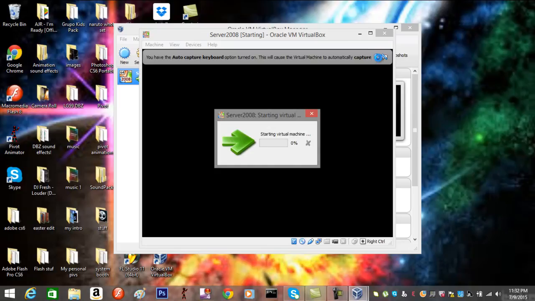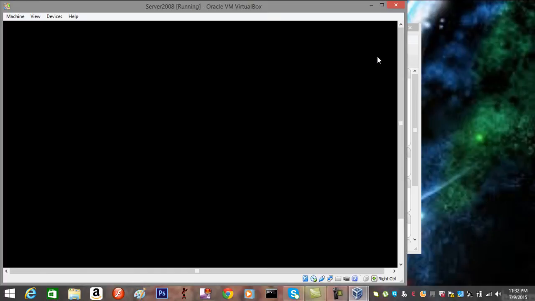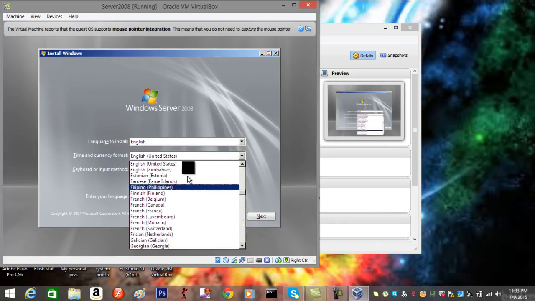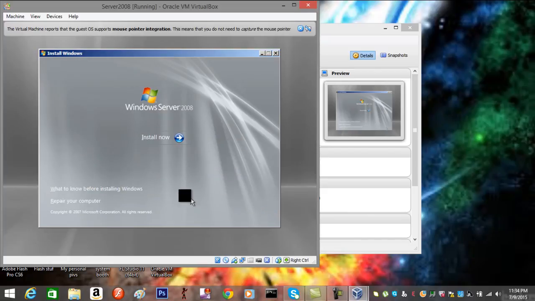Now you can close off this so that you can see your screen much better. Here you're seeing where Windows is loading your files. So now that your Windows Server 2008 install window has showed up, you'll see language to install. There are many different languages, but we will be using English here for United States under time and currency format, and the keyboard or input methods remain as US. Click on next. Here we like to install, so click on it,